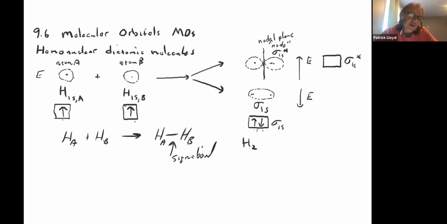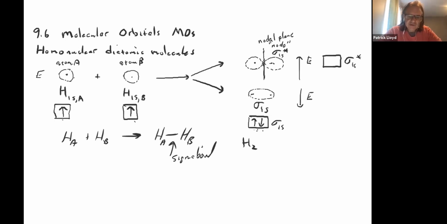Okay. It gets more complicated when you get into the second and third row, because now you have more types of orbitals you can mix together. You can mix S's together, P's together, and you can get sigma and pi bonds and all this sort of thing. So what I want to do, though, is I want to switch you to seeing